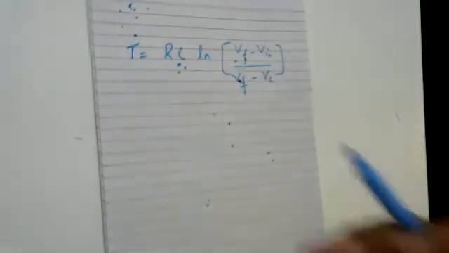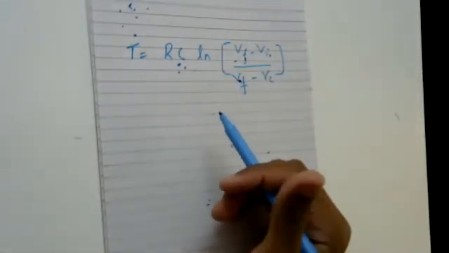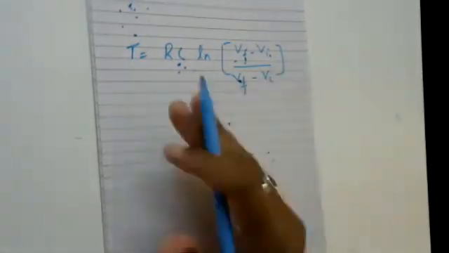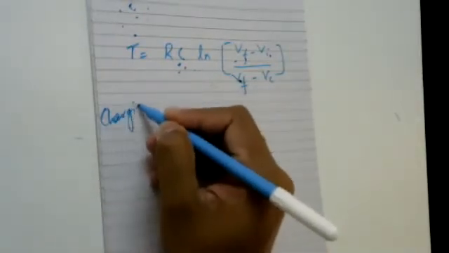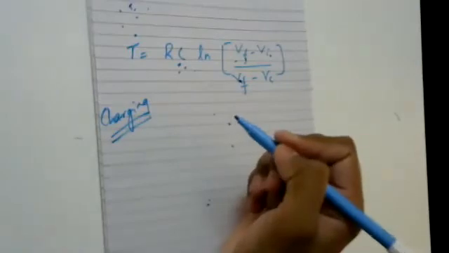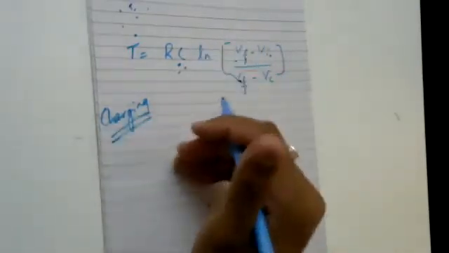Then we will derive the equation for the on time and the off time. For on time it is different, for off time it is different. So first we will go for when the capacitor is charging, because when charging I will get the on state, right? Now, if you refer to this waveform,